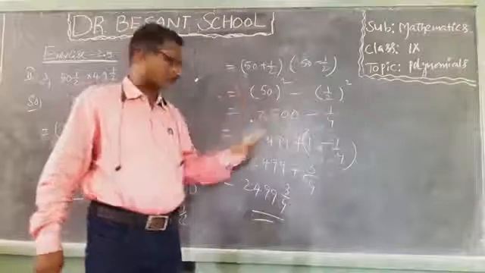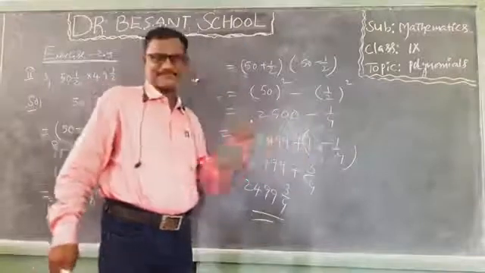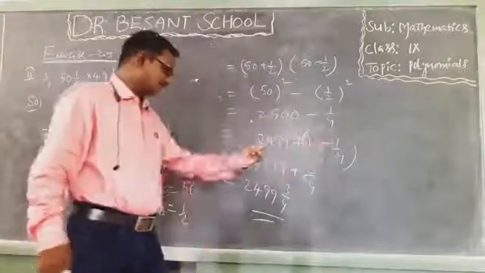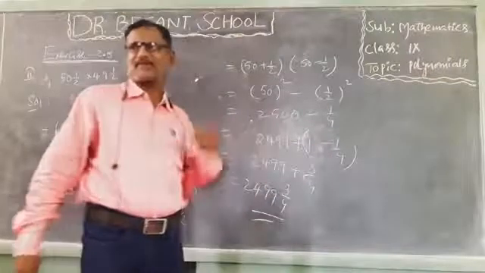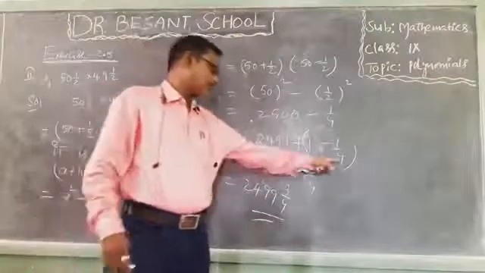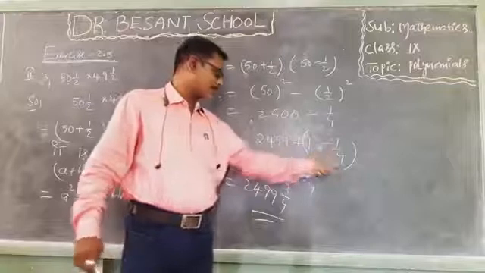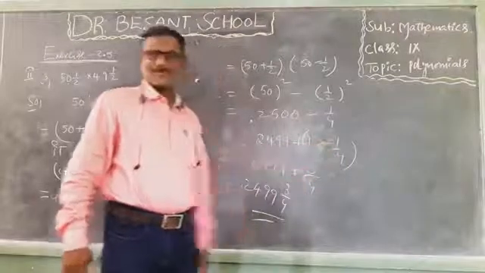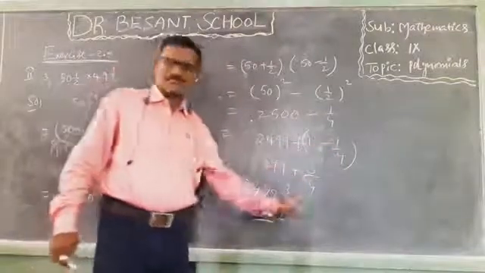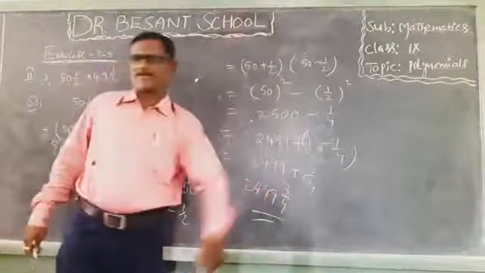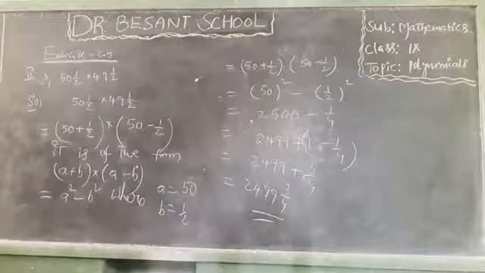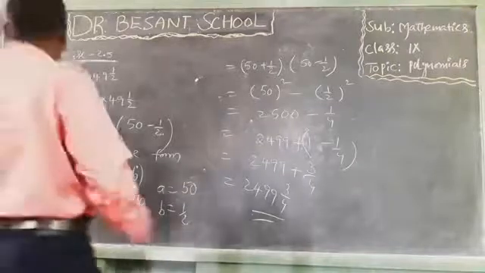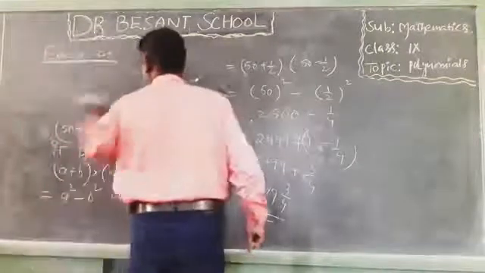2500 I have written as 2499 plus 1 minus 1 by 4. As it is 2499 plus 1 minus 1 by 4, I have simplified. I got 3 by 4. Why? Because 4 1s are 4, 4 minus 1 is 3 by 4. 2499 plus 3 by 4 comes as 2499 and 3 by 4. I hope that you have understood this problem. Yes, children? Okay, children. Go for some other problem from the second problem of exercise 2.5.